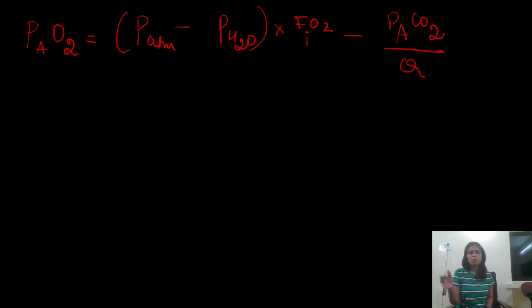Yeah, for this setup, what you need to know is the alveolar partial pressure of oxygen, right? Can you dip an oxygen electrode into every alveolus and see what the partial pressure is there? You can't. If it can't be measured, you have to calculate it. And for calculating that, we are using this equation.